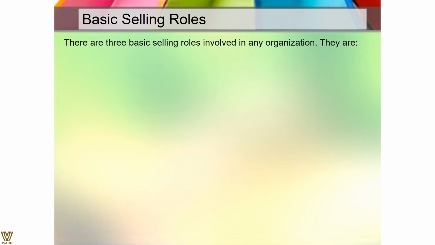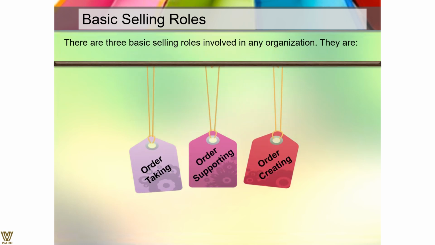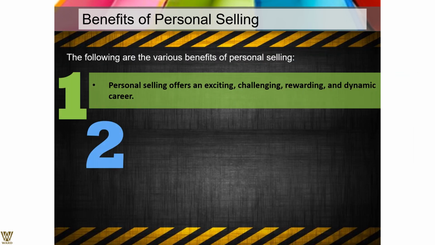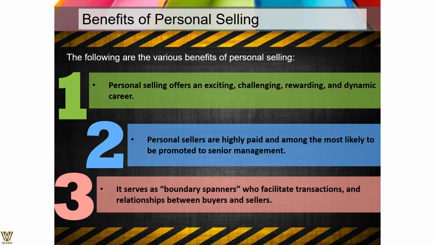So, selling roles. There are three basic selling roles: order taking, order supporting, and order creation. I repeat: order taking, order supporting, and order creation. Benefits of personal selling: if I may say so, personal selling is exciting, challenging, rewarding, and a most dynamic